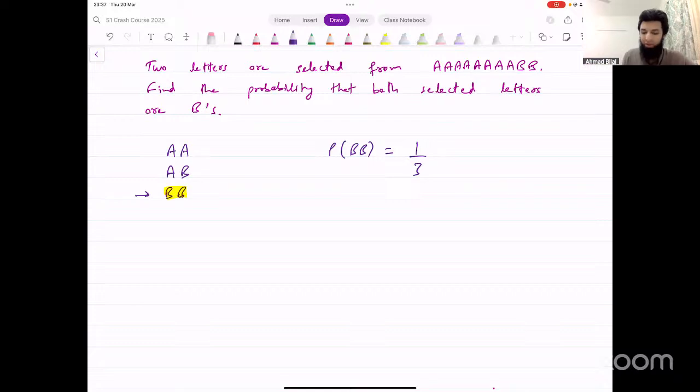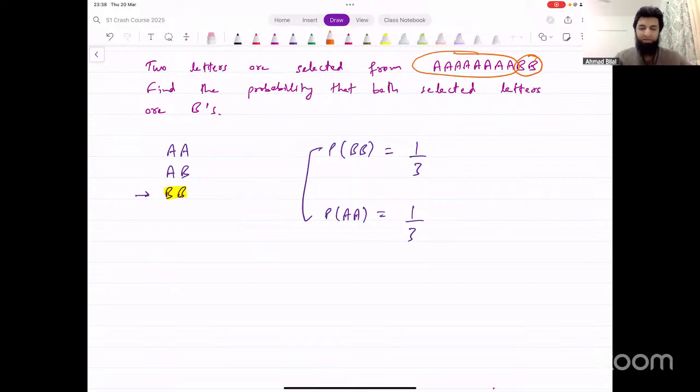Compare that with the probability of getting 2 A's. What would that be? There's only one possible combination that satisfies that condition as well. This probability also turns out to be 1 out of 3. Can they both be equal? That does not make sense because there are many more A's as compared to B's in the original word. So it would not make sense that the probability of getting 2 A's and the probability of getting 2 B's is the same. Now, the reason why it's not working is